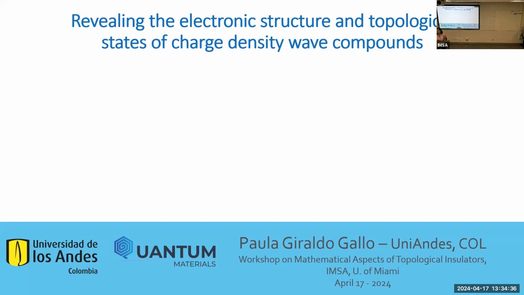The example I bring today is the closest one to this story and this message that I want to give you, because it's a system that is predicted to have topological properties. It's supposed to have some Dirac points in its band structure. And it is also a charge density wave material, which is a little bit outside of the things that you have been mentioning here. So it does have interactions, many-body interactions. And in addition to that, it has disorder, or it mixes other things that you have talked about.